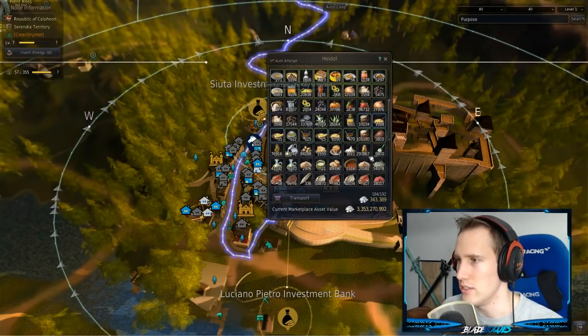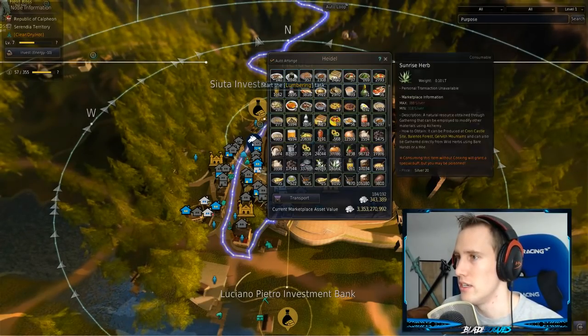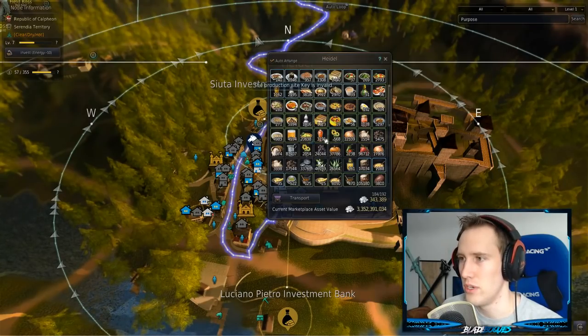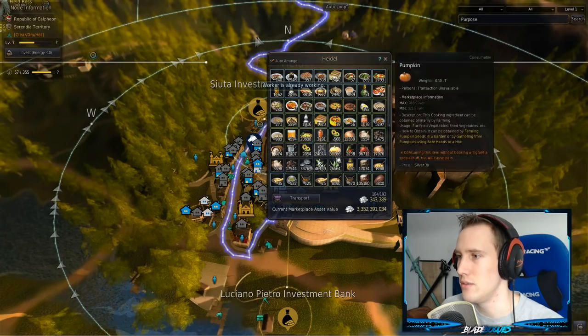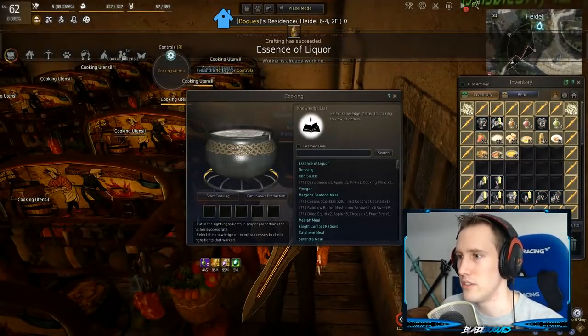What I tend to do is just ignore it forever because I really don't care. But if you want to get your money back, you can go ahead and put that on the market as it is. You can turn it into exotic herbal wine, so that's a very easy recipe as well. And then you can take your exotic herbal wine, turn that into fruit wine. You can sell that then for a pretty solid profit straight on the market. So you've got a continuous cycle here that you can always get your silver out of this situation, which